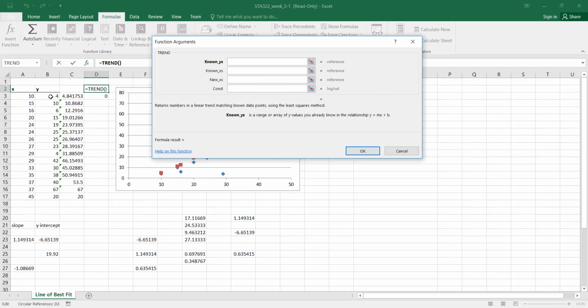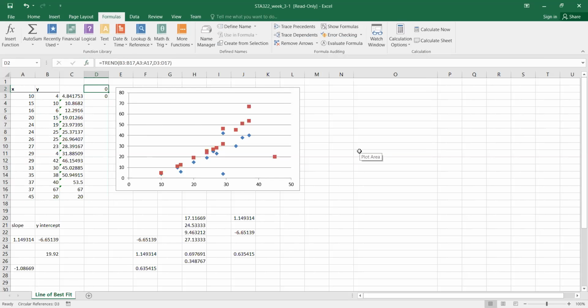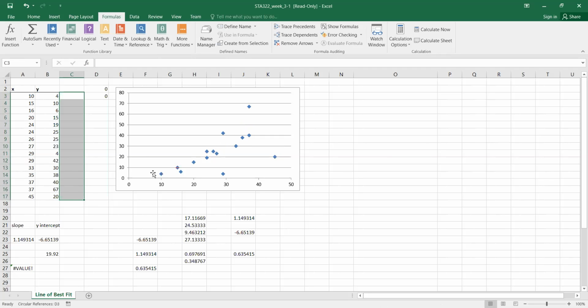Let's try this. Known Ys, known X's, and we want to put our new X's in here. And then they don't like any of it. I don't know how I managed to make it work. But we see here, okay, what I'm going to do is just erase all of that and try again. Okay, so that erased all those points. So if we go up here and try